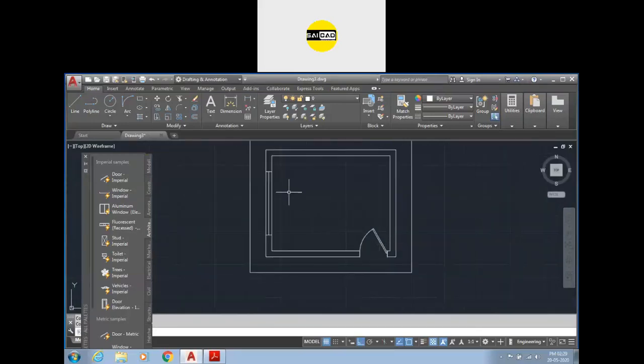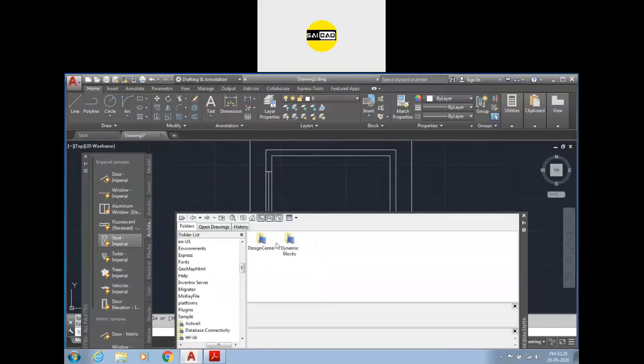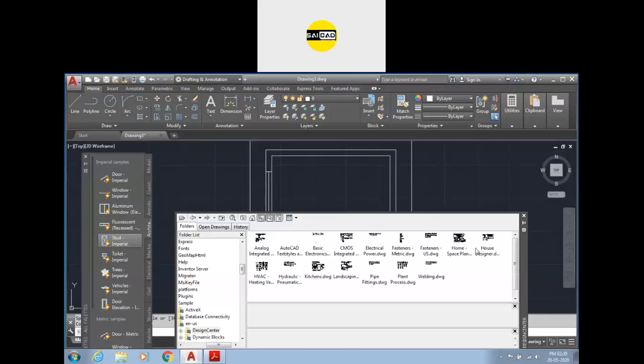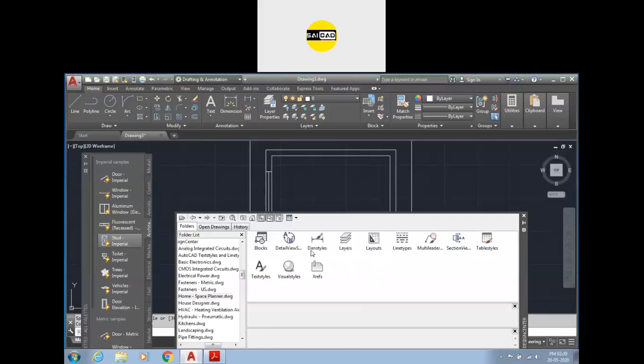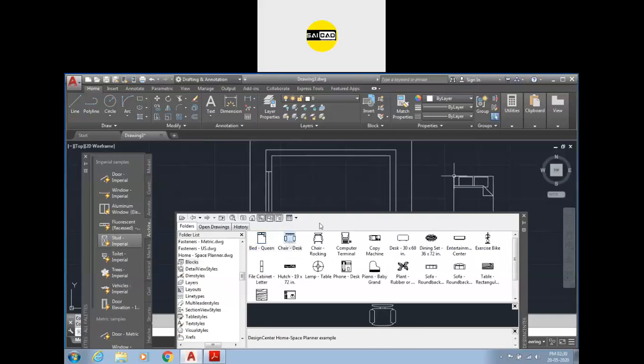Okay, if you want to place any furniture, we have some furniture in the design center. Go to the design center, DC, go to home, English US, and go to the home space planner. Go to the blocks. We have a bed, a chair, a table lamp.